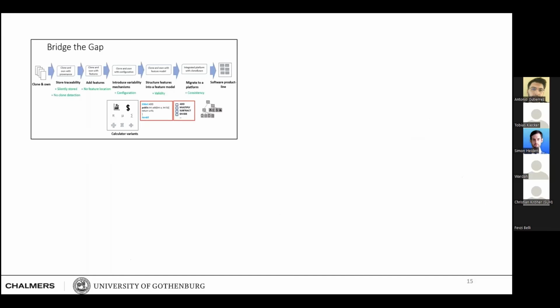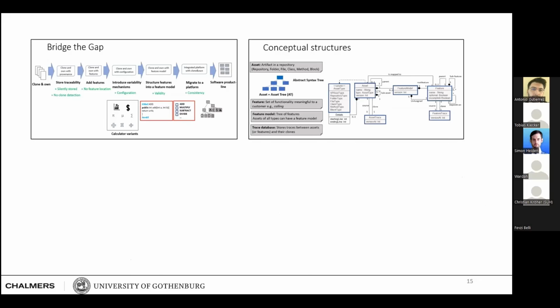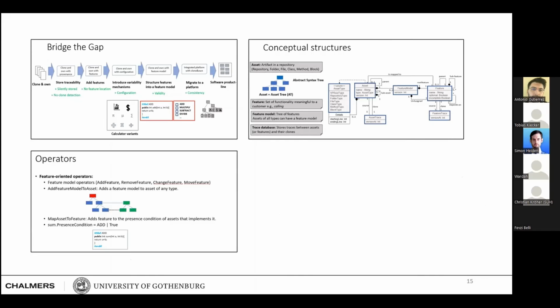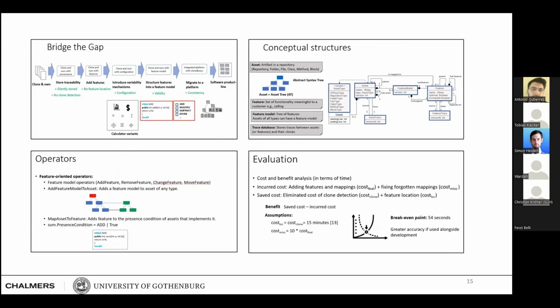So to sum up, we provide a framework called the virtual platform, which bridges the gap between clone and own and SPLE by introducing different governance levels between the two. We provide a set of conceptual structures, and on top of those, a few operators. And then we evaluate our virtual platform on a real world case study of 4 variants, and our preliminary analysis shows